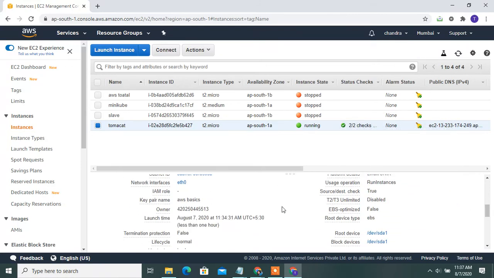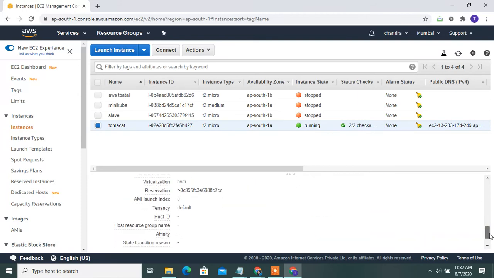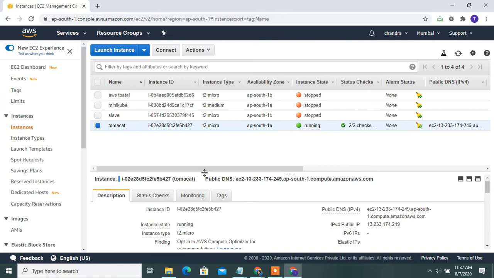IAM roles are not mentioned here, and my key pair name is AWS Basics. The launch time, August 7, 2020, 11:34, is also mentioned here, and this is the description of your instance.